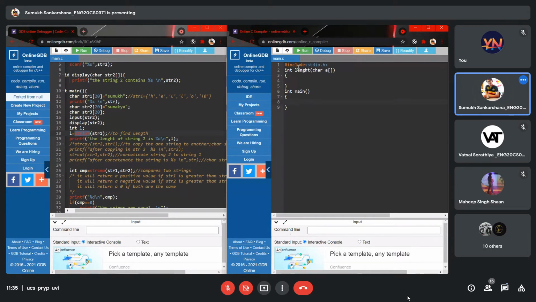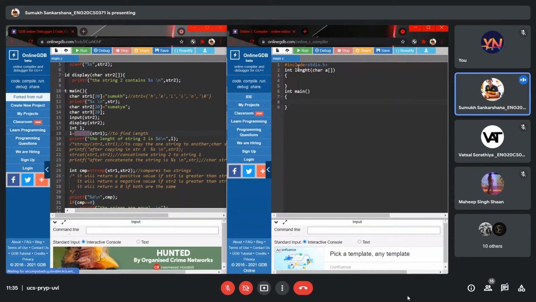Okay. Now the first thing we have to create is an array of characters. Let's give it a size of 25 for now. You can give it any size, but try making it minimum because there'll be more junk values created in it. And now I'll be using a printf statement indicating the user to enter a string.